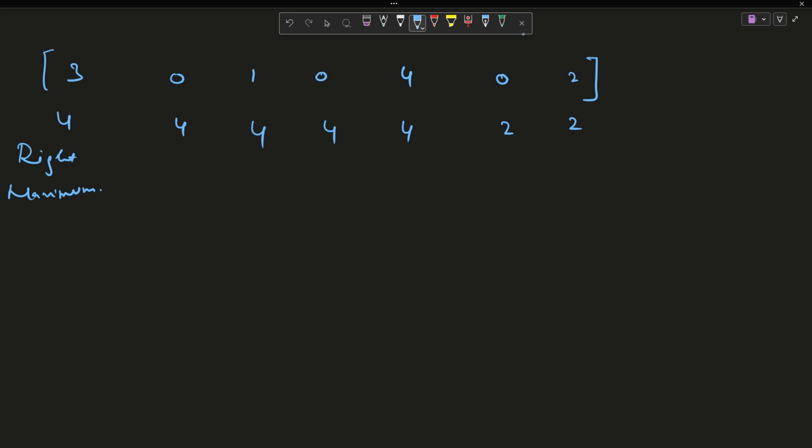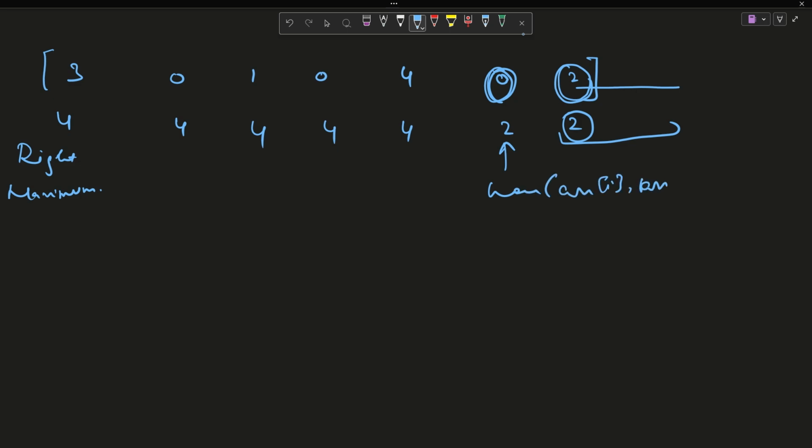So what I'm trying to say is, I can compare the right maximum for this and this. If there is an array here, and the right maximum of all the array is 2, then the right maximum of 0 is going to be either this element or the maximum of this element. That is, it is the maximum of ARR[i] or this value. Let us say it is x or x, and choose it here.